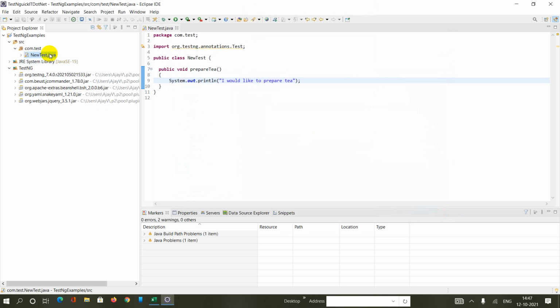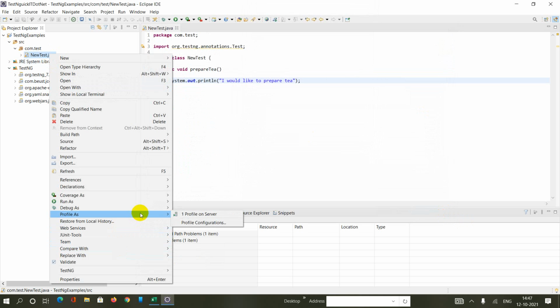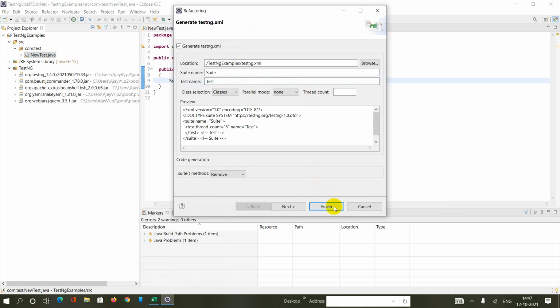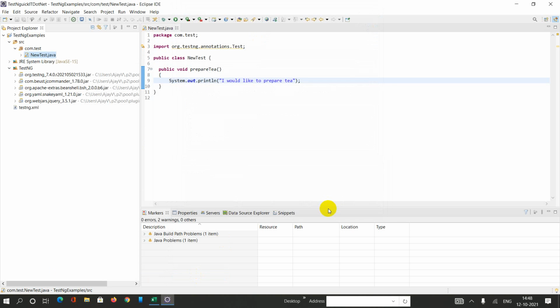So how could I run this test case? First you need to convert it using Convert to TestNG. So I am going to convert this, and you can get the XML file over here. Just click on finish.